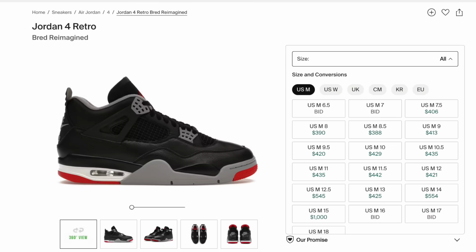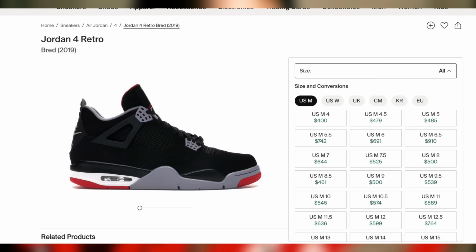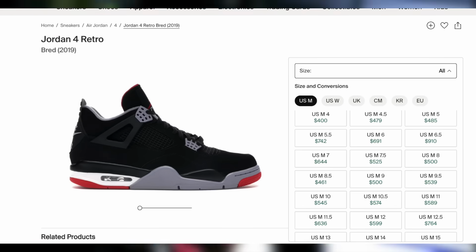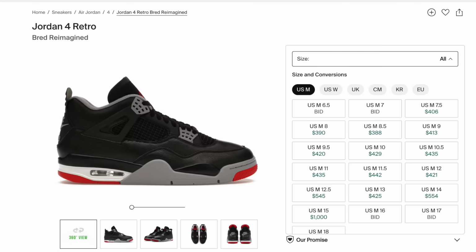For resale, stock on these is going to be quite high, but this is again an iconic Jordan 4 colorway. When the Jordan 4 Bred in the nubuck material, the normal material, redropped back in 2019, they resold for quite a bit. They resold for around $280 to $290 initially, allowing for some decent profit, and I do think that'll probably be the case for these as well, even though this is reimagined,